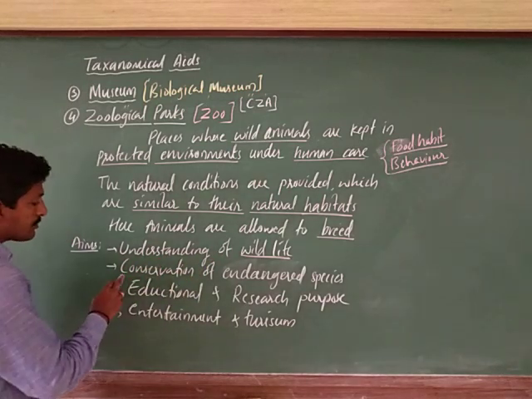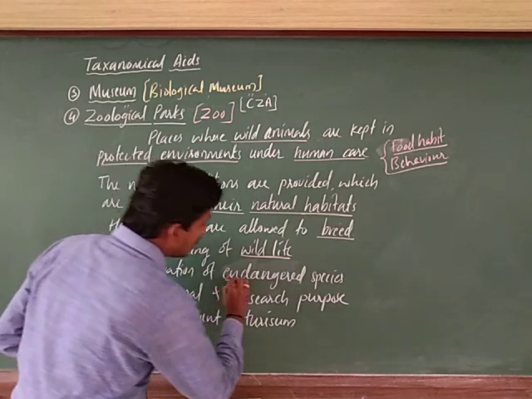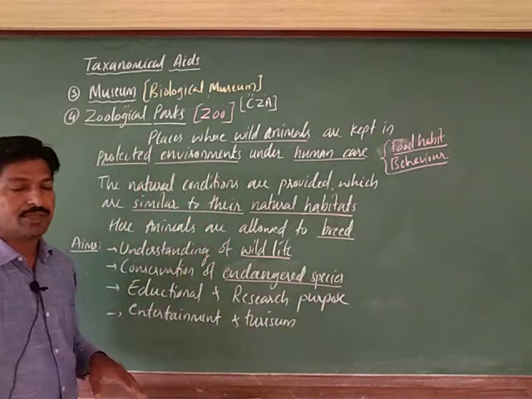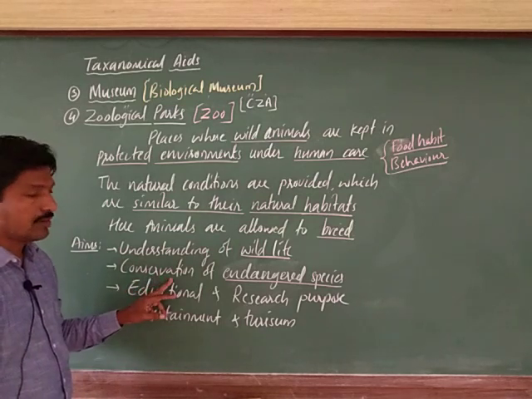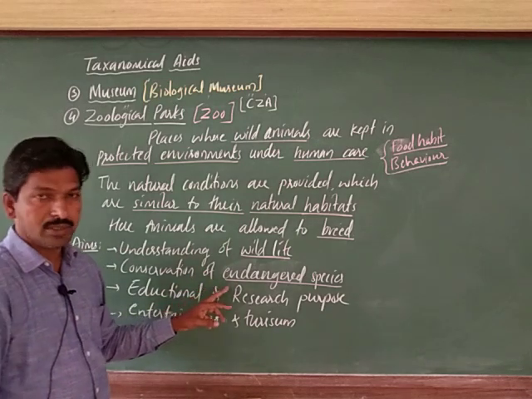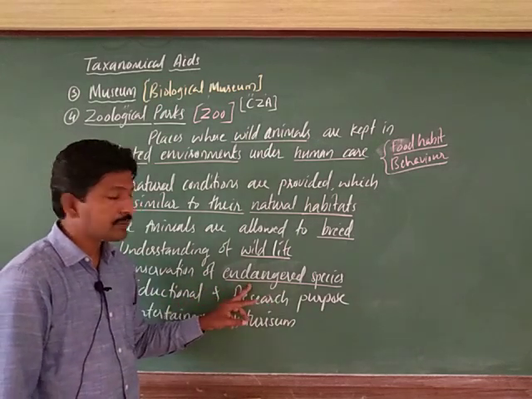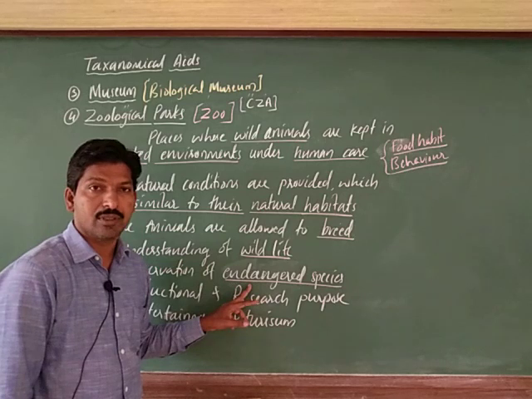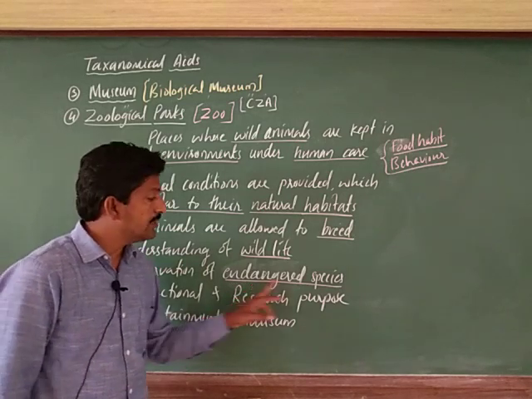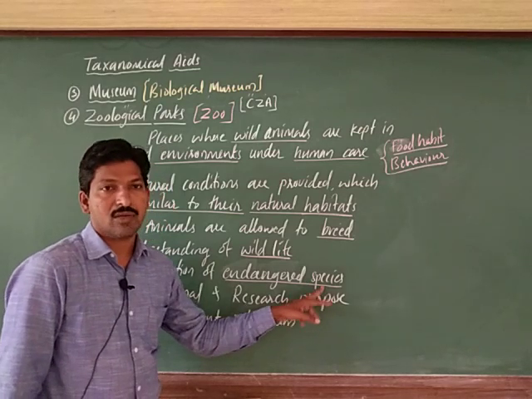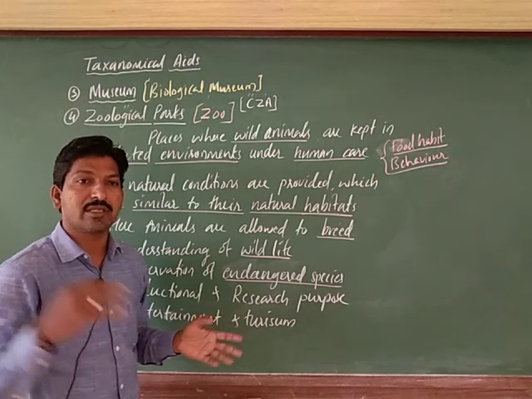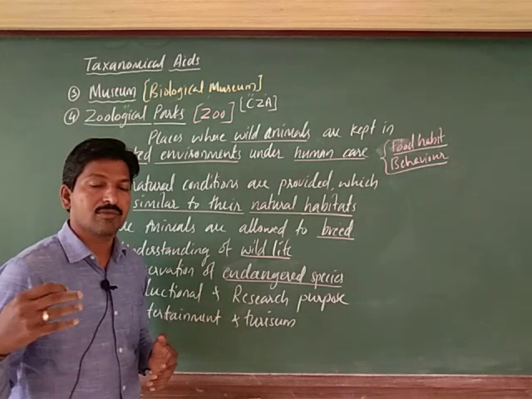Next, conservation of endangered species. This is very important to maintain biodiversity. Conservation, so we should protect those which are going to be endangered. See, endangered means what here? We call it ಅಳಿವಿನ ಅಂಚು in Kannada, ಅಳಿದು ಹೋಗುವುದು. Endangered species are only few in number in a forest, and they may disappear in the next generations or in a few years.